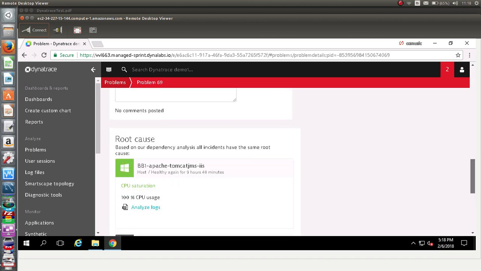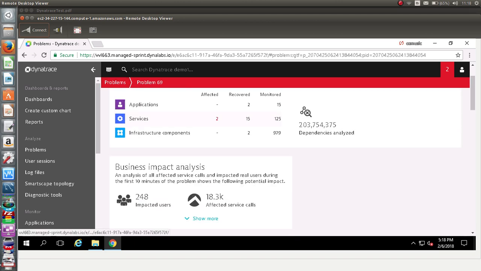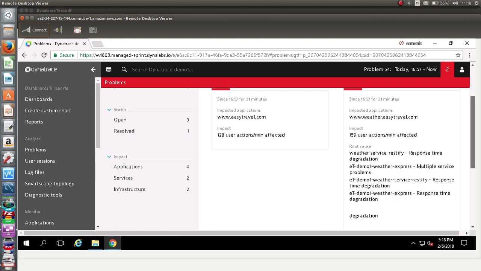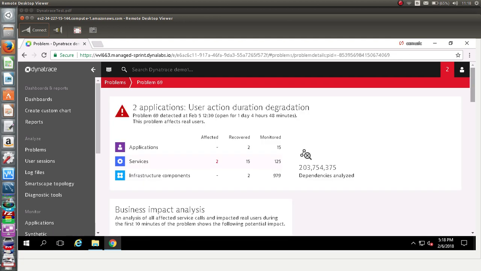And here we can explore what the root cause for the problem is. The problem is 100% CPU usage. Okay, remember, we go to the application, then we drill down,